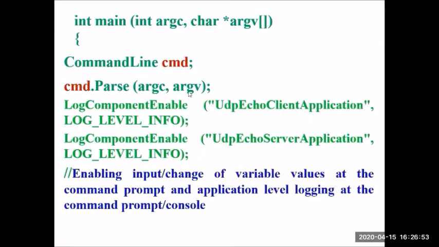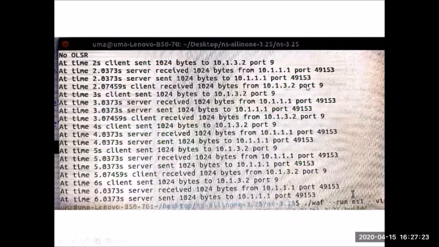These first two lines are compulsory if we have to control our arguments and pass parameters through a command line. The next two lines are needed. Remember, please understand what is needed so you can skip some lines when you are writing the program. So these two lines, the next two lines are needed if we want logging at our console. Console is the point, the terminal where you run the code. So I'll show you how it looks. See here. This is the place.